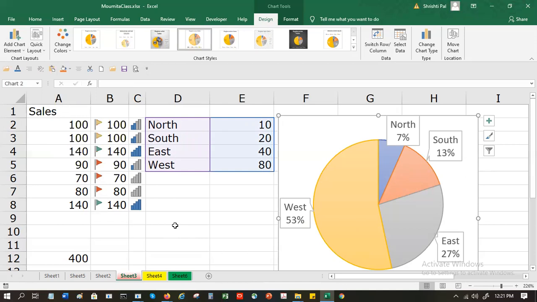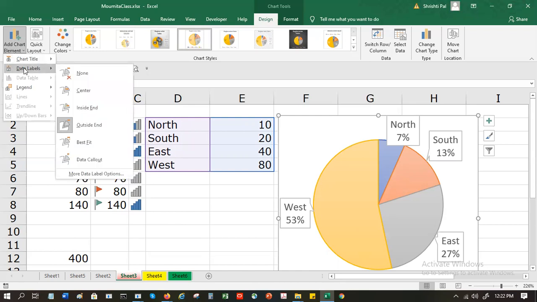Now these chart elements that you see will again vary based on the type of chart that you are creating. So this is a pie chart. Some things are applicable for a pie chart, some items are applicable for a bar chart, some items are applicable for a histogram. So they will change depending on the type of chart that you are using. That's why you will find all of them are not enabled. So don't worry about what is not enabled. You just work with those that are enabled for your graph.